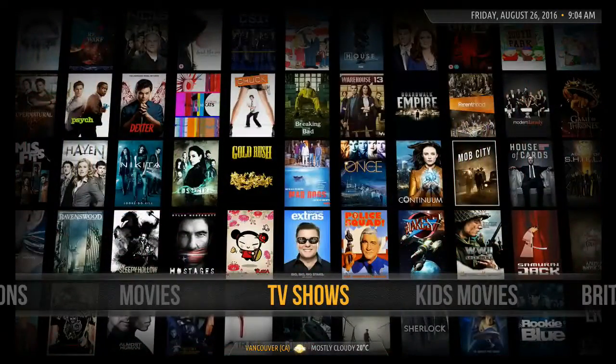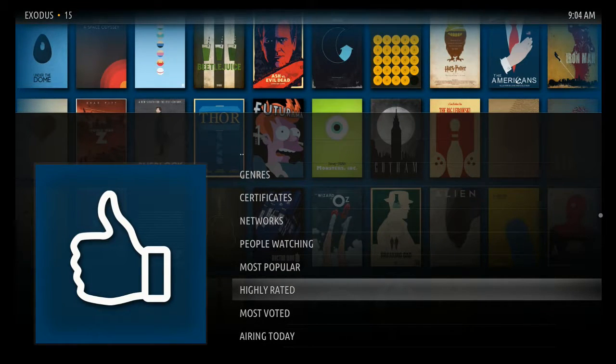Okay, so movies and TV shows I'm going to cover really quickly here. This is where most of you will spend your time. They're linked to the Exodus add-on, which is one of the better add-ons out there for watching TV shows and movies. And you can see when I click into TV shows that I'm presented with a number of subcategories of how I want to look for